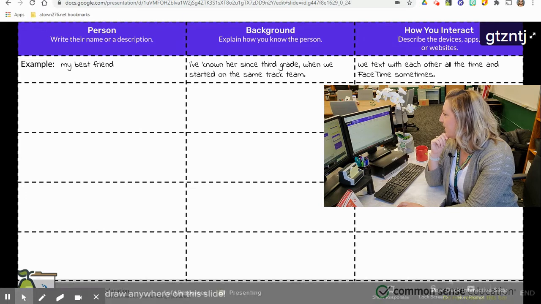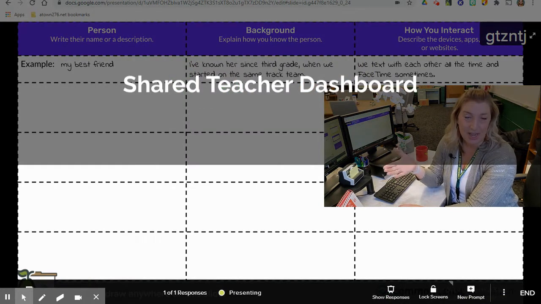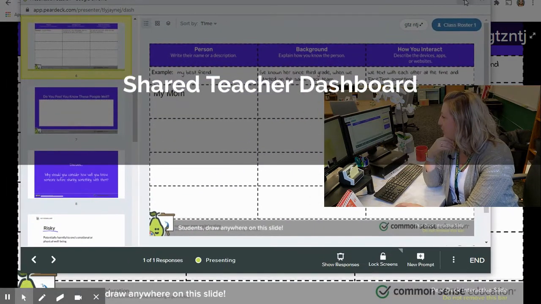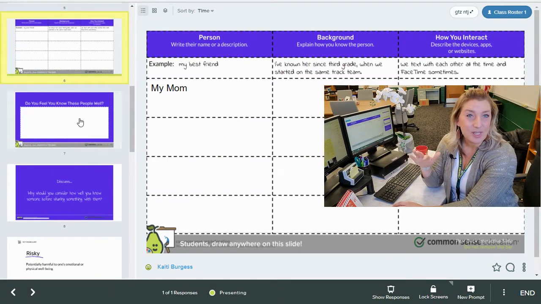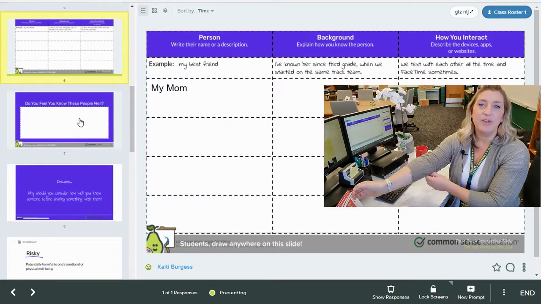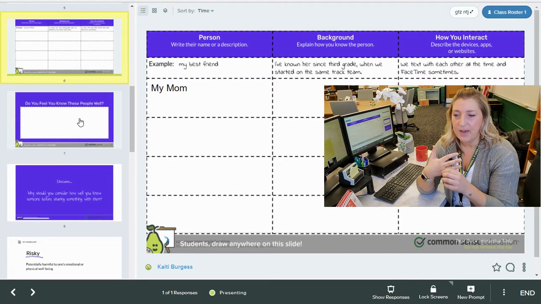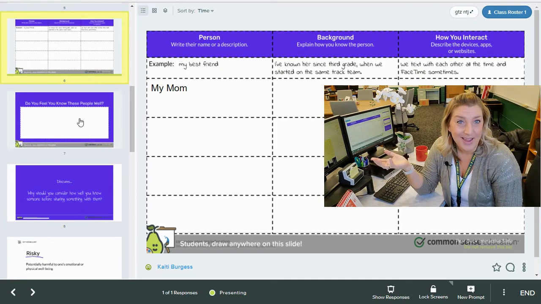So the next thing we want to cover also is the shared teacher dashboard. Now this is a brand new feature. I'm going to drag my dashboard over and enlarge it to kind of show how this works. Now this is a really cool feature because if you teach in a classroom where you co-teach, or if you have maybe a student that you're even going to highlight as a